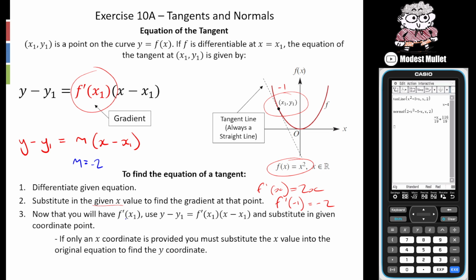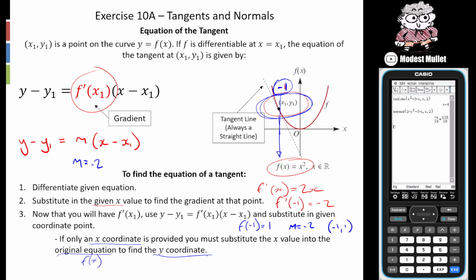And then lastly, we have to actually substitute in the coordinates we're going through at that point. So as it says here, sometimes you're only given just the x coordinate, this is where you need to be clear on what is f of x and what is f dash of x. You might need to substitute that into the original equation, which is f of x, to find the y coordinate. So again, in this case, we aren't given a y coordinate, but we could find it by substituting -1 into f of x. So f of -1 is going to be -1 squared, which is just 1. So now we know m is -2 and our coordinate that it goes through is (-1, 1),